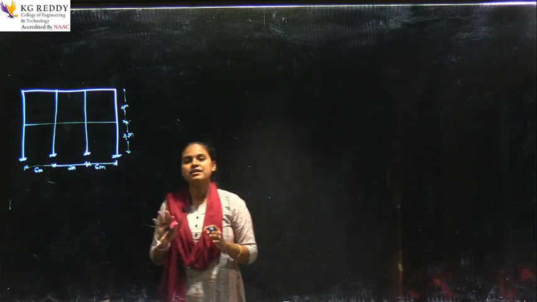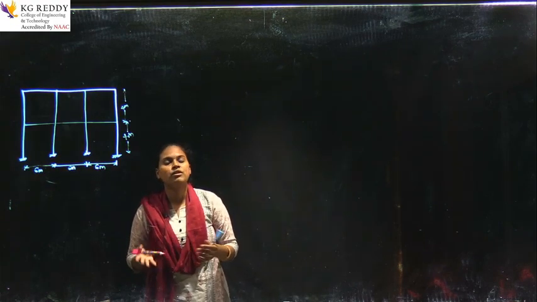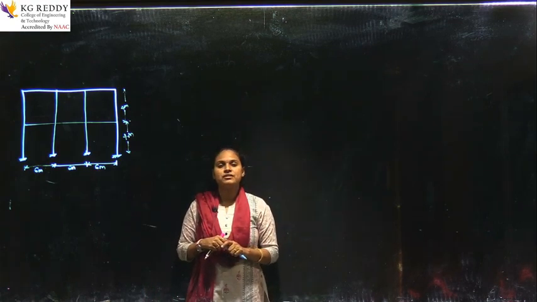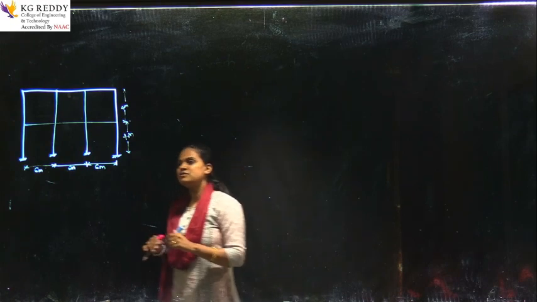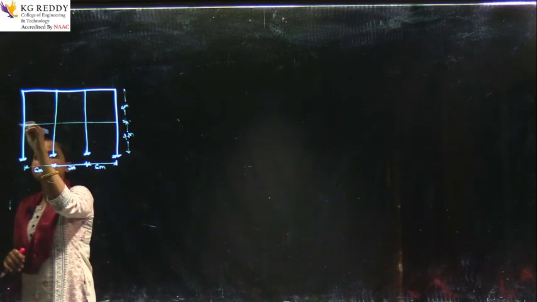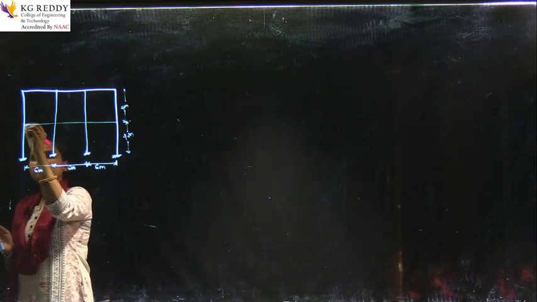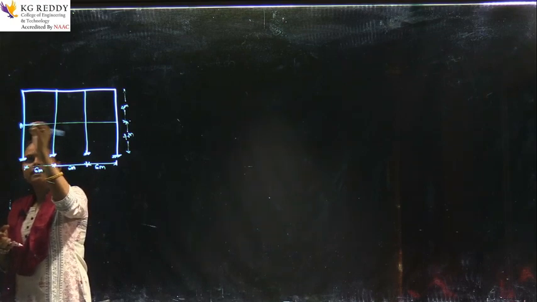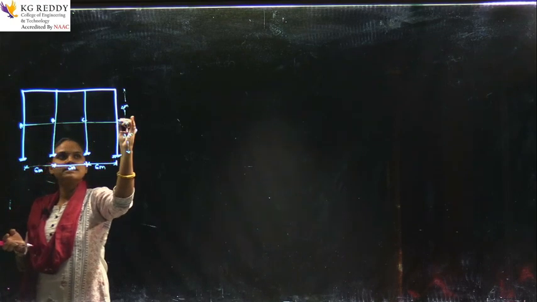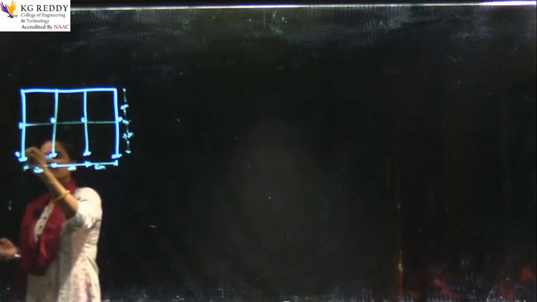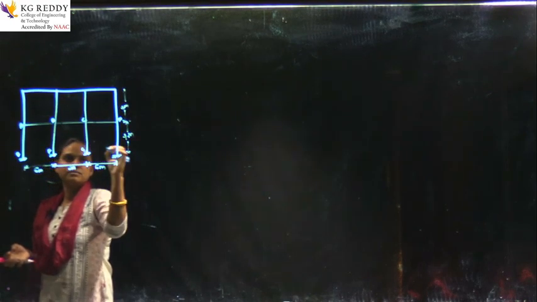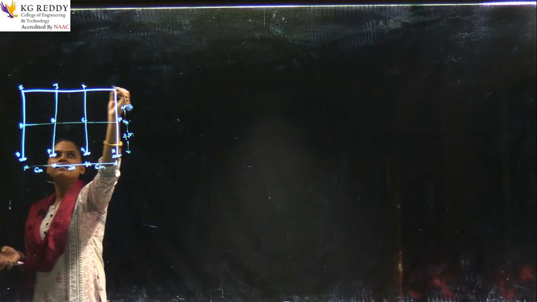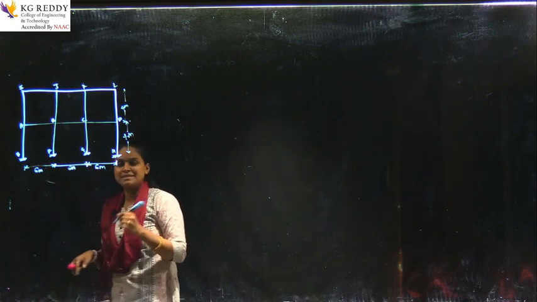So, whenever you take an analysis procedure, what is your first step? Yes, tell me. Your first step is to name the frame, right. So, let us name the frame. A, B, this is C and this is D point. E, F, G, H, I, J, K, L. So, this frame is subjected to live load